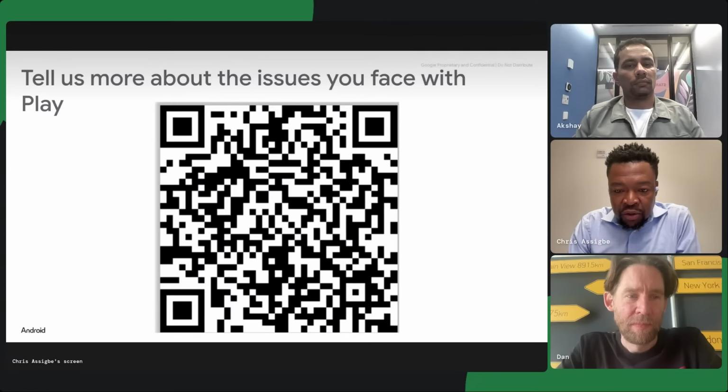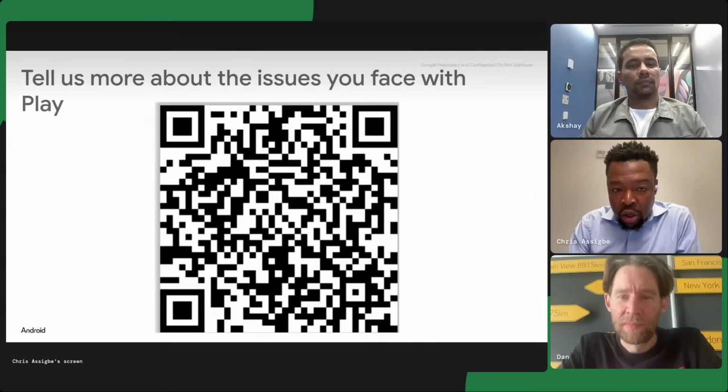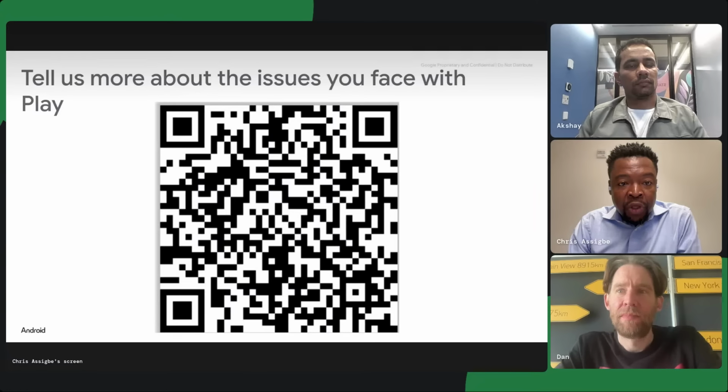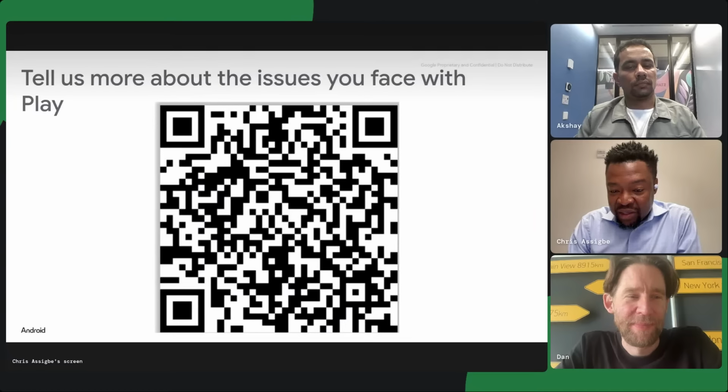share that after the session, and also make sure, as Dan said, that you look through this list and provide those kinds of documents. If you have any sort of document that's official and that's being rejected, please do use this QR code to share it with us. I'm also hoping to bring in at some point in this Android office hours the team actually behind this document verification so they can talk directly to you and talk through some of the pitfalls that we see in this kind of scenario. We actually do see, believe it or not,